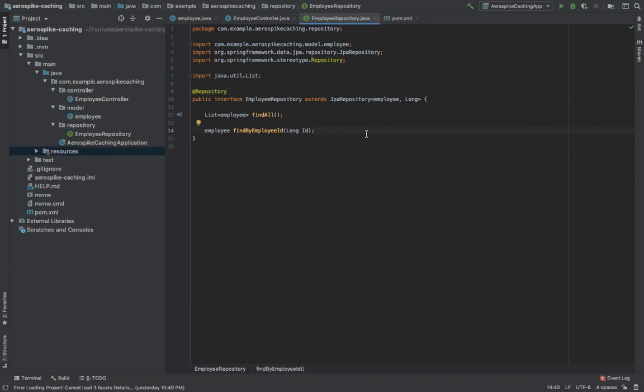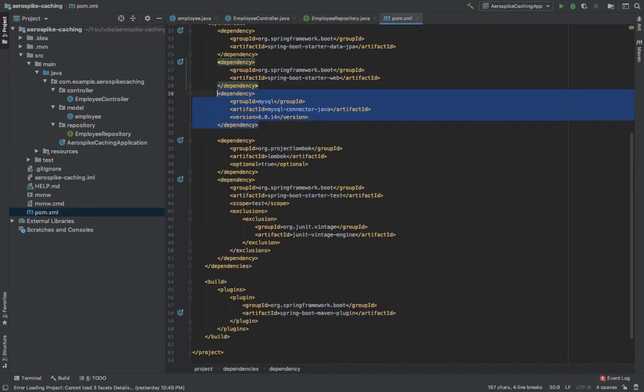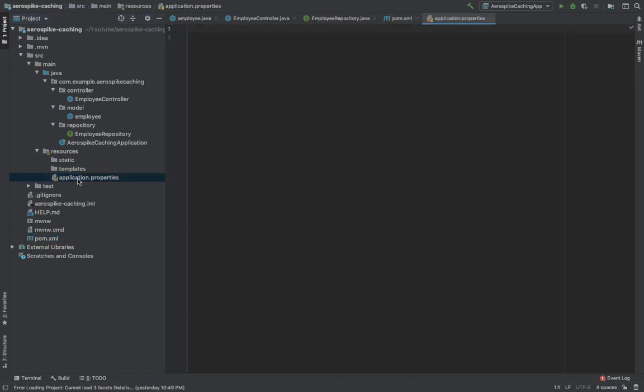Now let's add our MySQL server details where we want to create this employees table. But before doing this, we have to add the MySQL connector dependency in pom.xml. So this is the dependency. Now let's add our server details in application.properties. So this is my local MySQL server and the name of my database is topics.